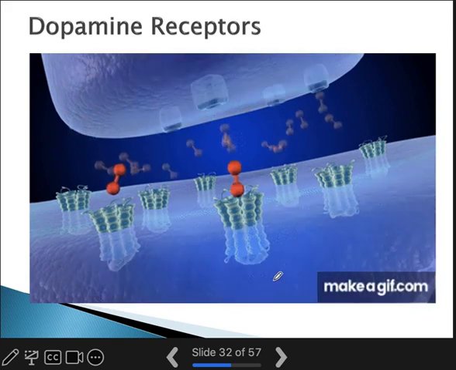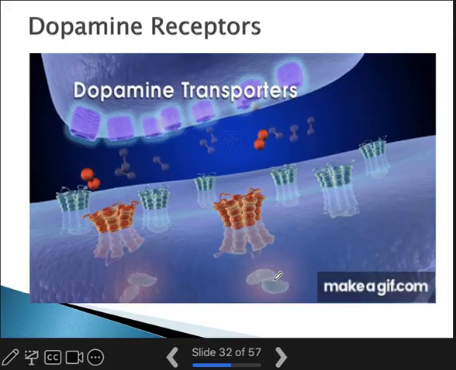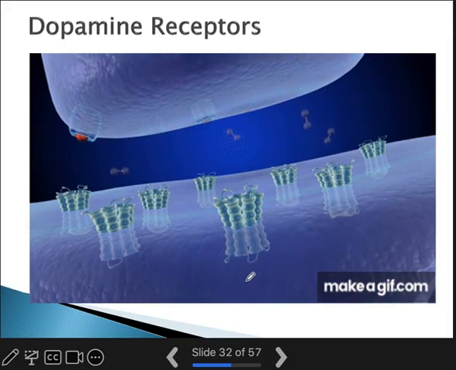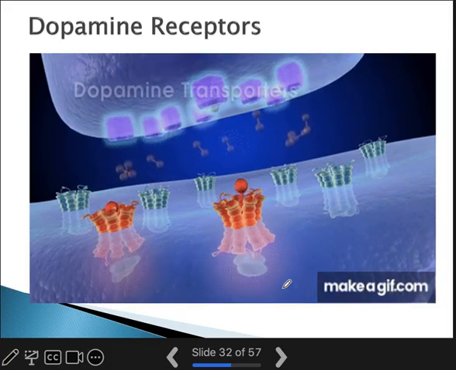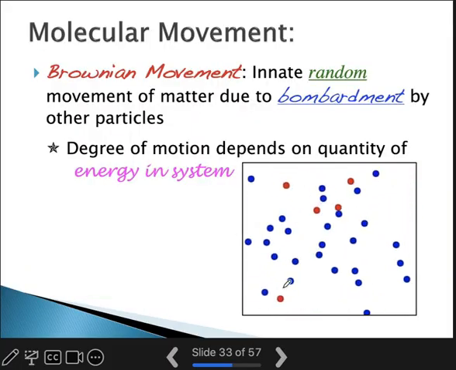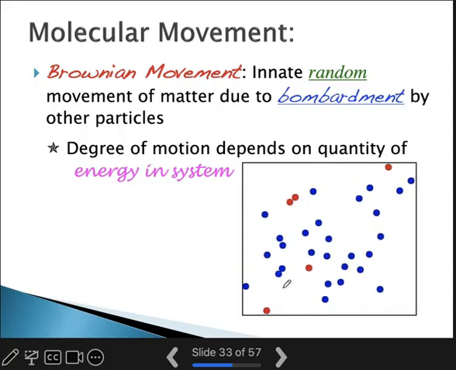So when we look at communication between things like neurotransmitters and other cell signaling molecules, they're going to have to interact with the membrane first before they can have a response inside the cell. All right, so now let's look at movement across the cell membrane. So first of all, if we're going to talk about movement across the membrane, we have to talk about just